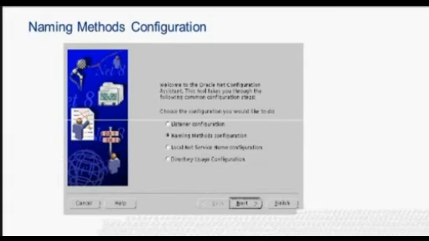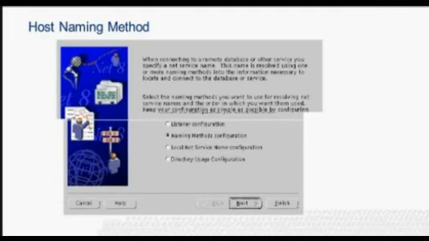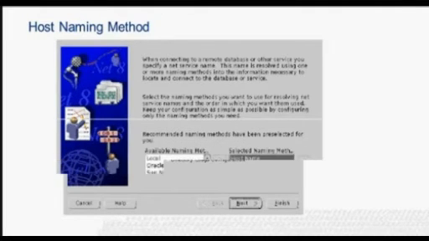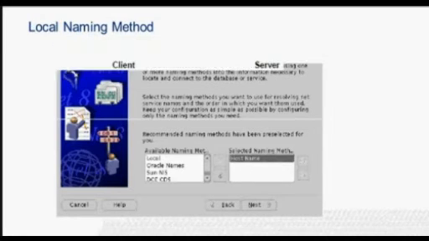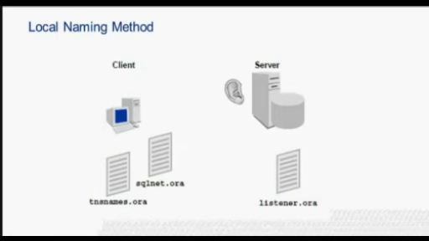Selecting the host naming method. The Oracle Net Configuration Assistant can be used to select the naming method. From the command prompt, enter netca and select the Naming Methods Configuration option button. Click Next to continue. Make sure that host name is listed in the selected naming methods window. If other methods are also chosen, make sure host name appears first. Click Next to finish. Your changes will be written to the sqlnet.ora file.